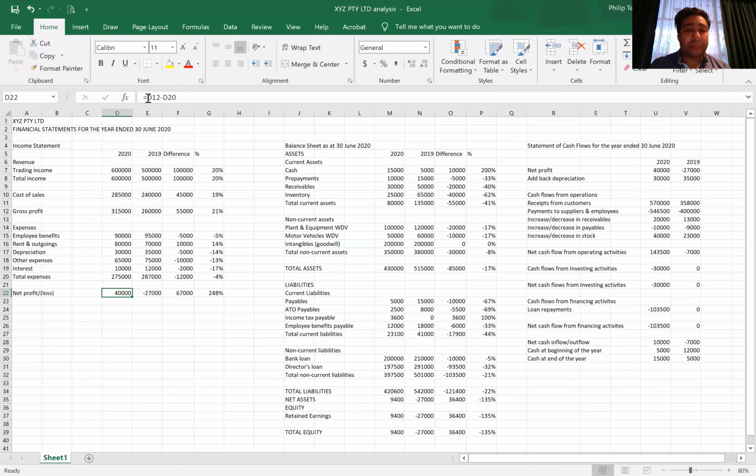Now, the turnaround is $67,000 as compared to these 2 years. Because 2019 was a loss, which is in a minus figure, and 2020 was a profit. Now, that in turn led to a very substantial increase in the net profit of 248%